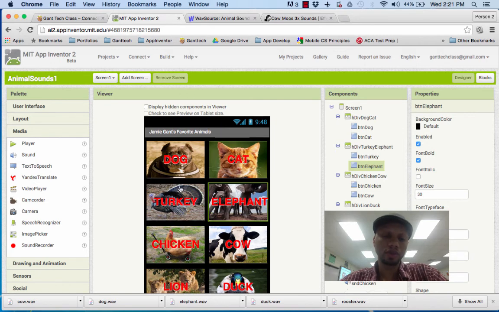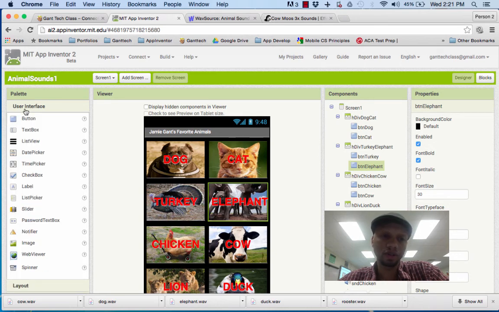So we've used components, buttons, sounds, and text-to-speech. So the last component you're going to use underneath user interface is going to be one that you're going to use a lot throughout this course. And that's going to be a label. Labels are simply text components that are shown to the users of your apps. For example, in a game where you see a score,